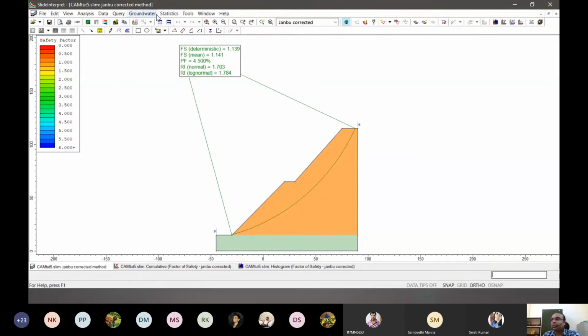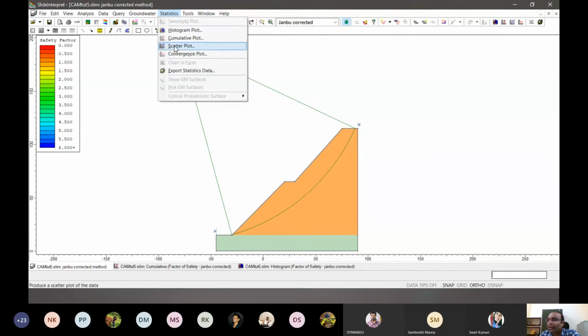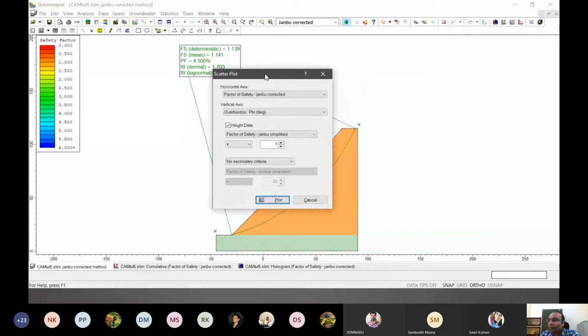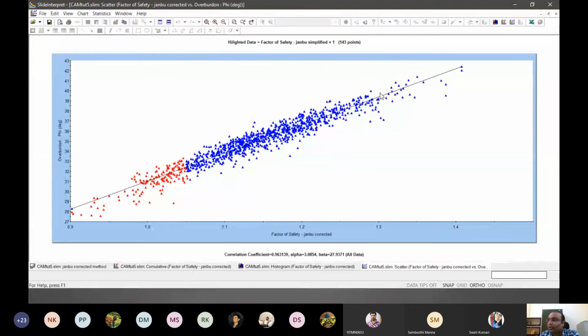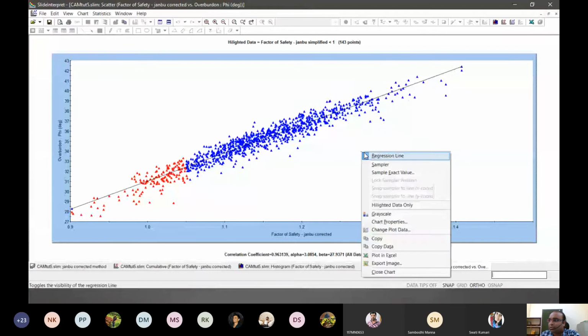One thing is, in the statistics there is a scatter plot. The scatter plot, as you know, basically gives a relationship between one value and another. So if we see the relation between phi and factor of safety, we can easily see how well a relationship is established, because we know the formula for factor of safety involves c plus sigma tan phi, right? So phi is a quite direct correlation. It gives a good correlation.